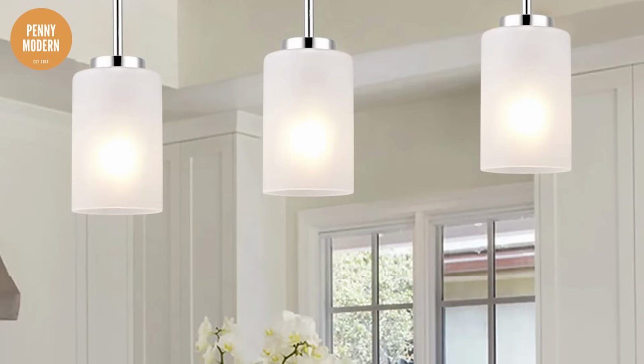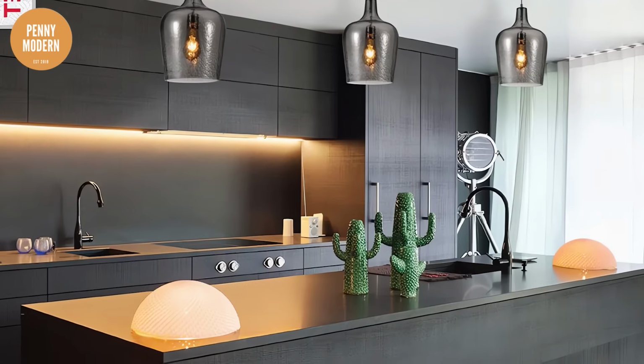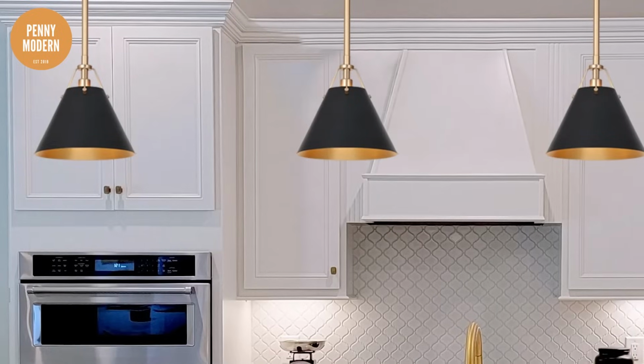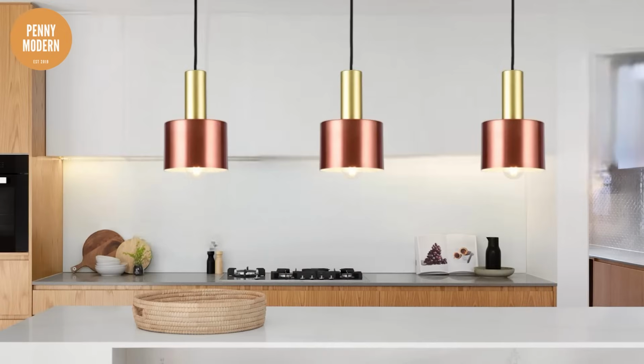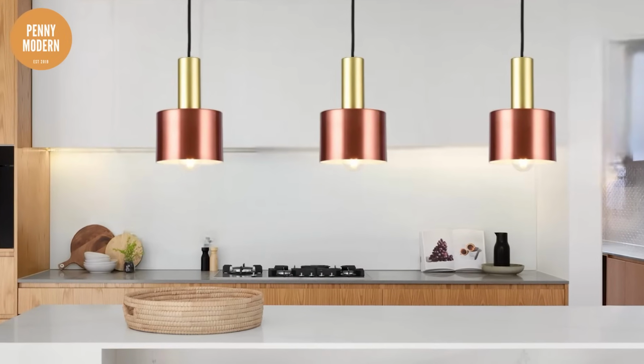Maybe just do a white frosted glass that might show a little bit less dust, or maybe a colored glass, a gray, that would definitely hide a lot of dust. Or get a solid color, so something that is more a metallic finish, a black or gold, so that way you're not at least able to see through and see all the dust,